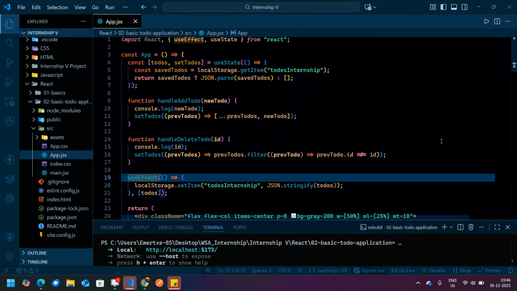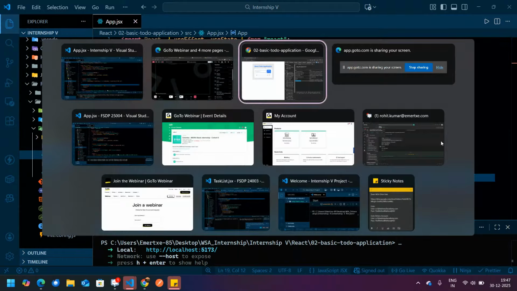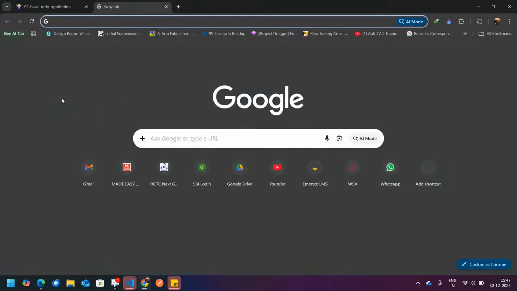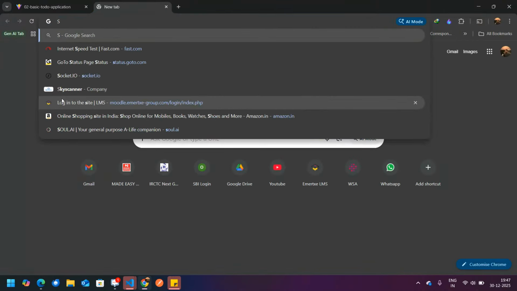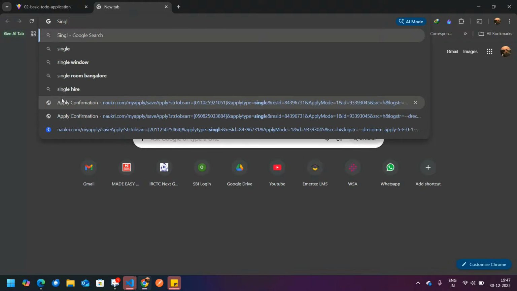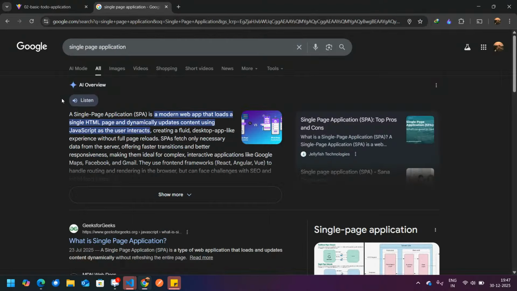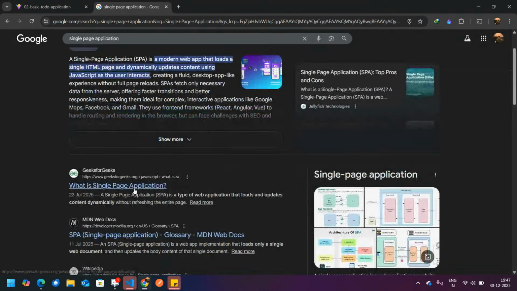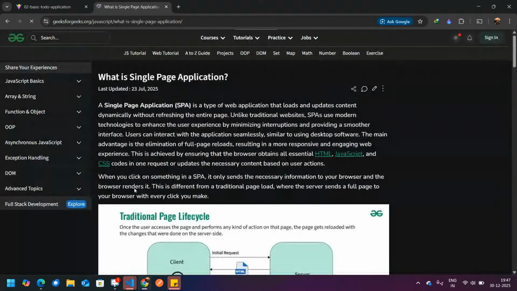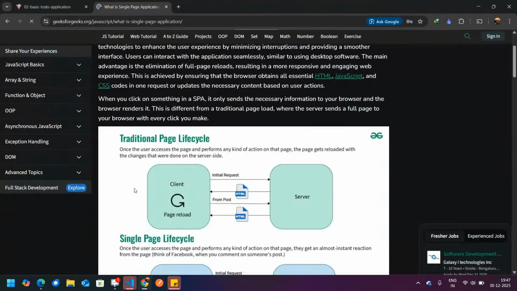Okay, so next up, we are going to talk about single page application, guys. What is this single page application? Which is called SPA, if you have heard of it.